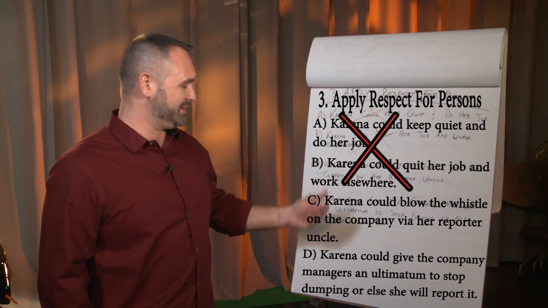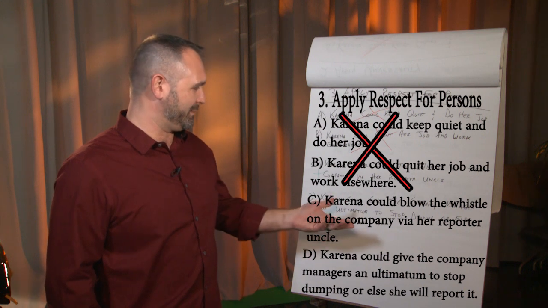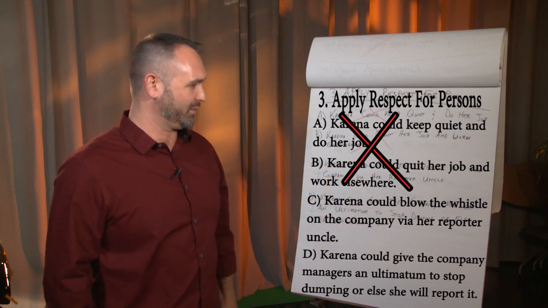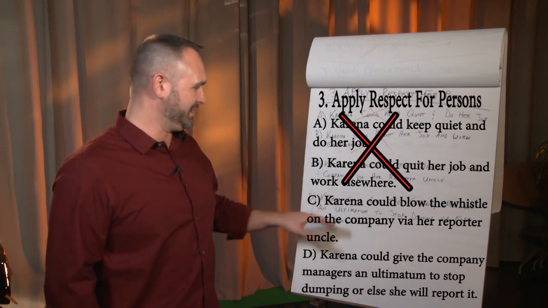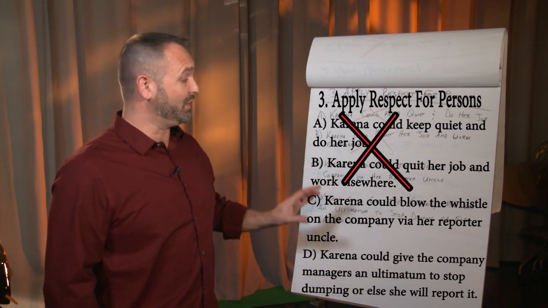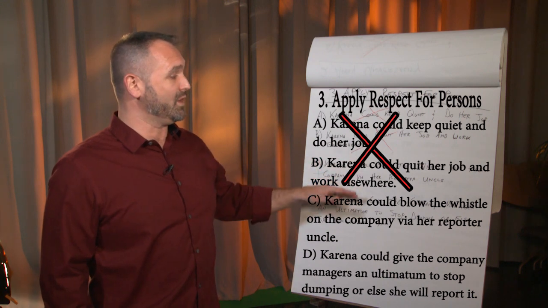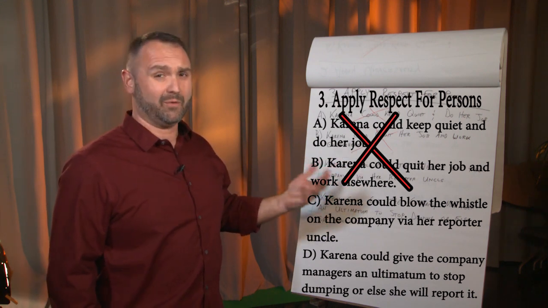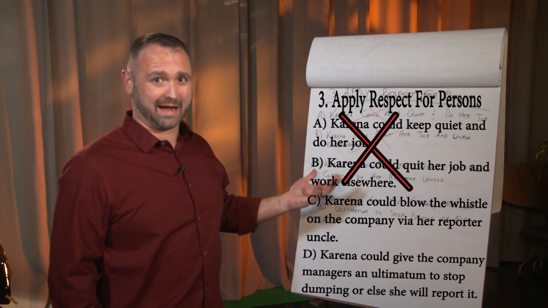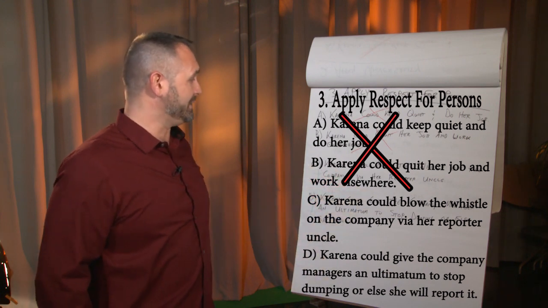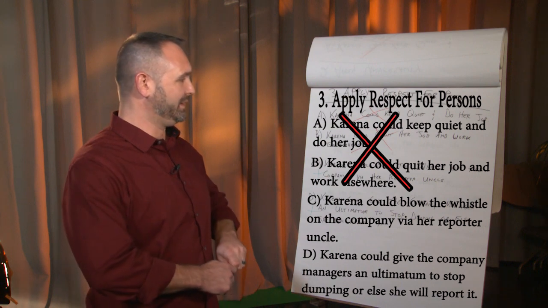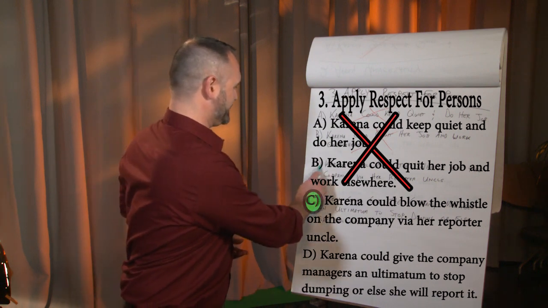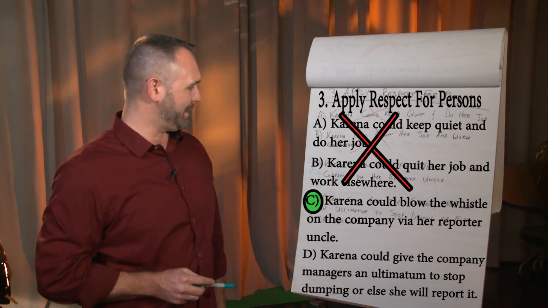Or Karina might be doing the same thing by exploiting the company manager and the folks as a way of getting her own benefit down the road, a kind of internal blackmail, let's say. Now, if those are her actual motives, then that would come to a kind of exploitation. But let's give Karina the benefit of the doubt. We have no reason to think that that's what her motives actually are, given the case. And so Karina's blowing the whistle to right wrongdoing is not a matter of exploitation. That would count as being a morally acceptable option.